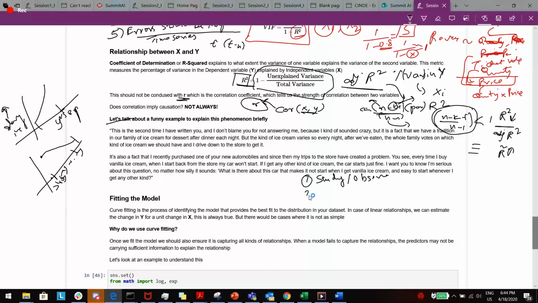So the technician went to that store, and they tried to understand what exactly was happening. When he is purchasing vanilla, they tried to capture the time, and for other flavors also they tried to capture the time. It seemed that for vanilla he took less time.